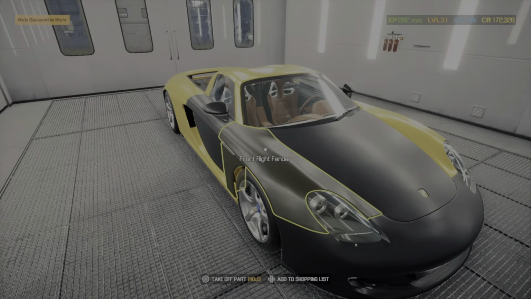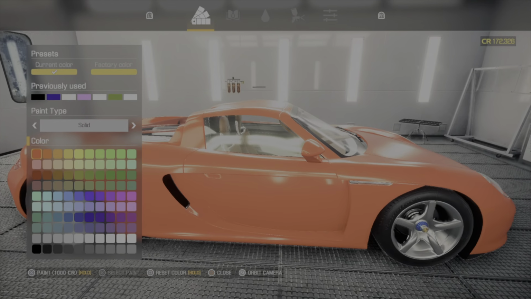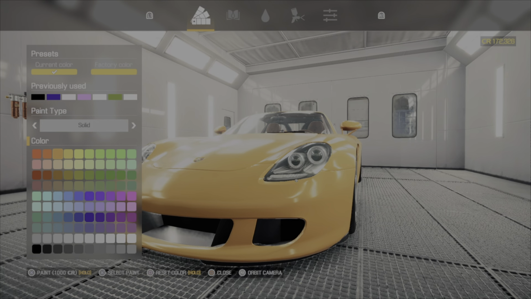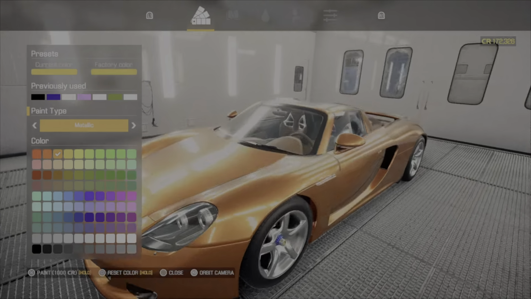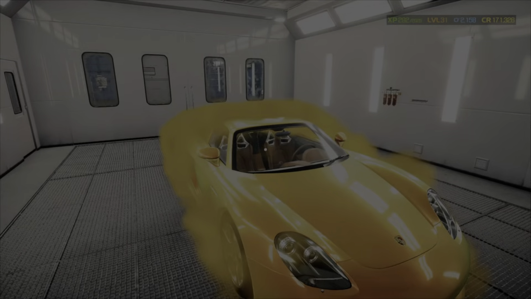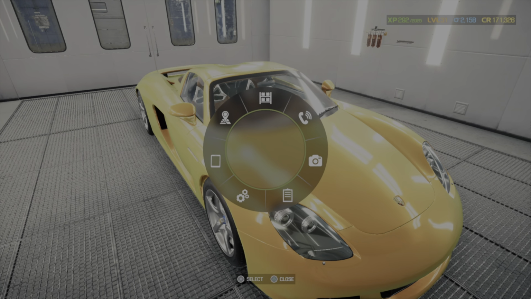Factory yellow, has it got any liveries? No, it does not. Ooh, does look good in black, to be fair. We're gonna go full ginger with this one. Solid ginger or metallic ginger. Ooh. We'll go for a bit of chameleon. Oh yeah, it's painted. So I don't think that actually adds anything to the value. I'll double check now. I think you might have to